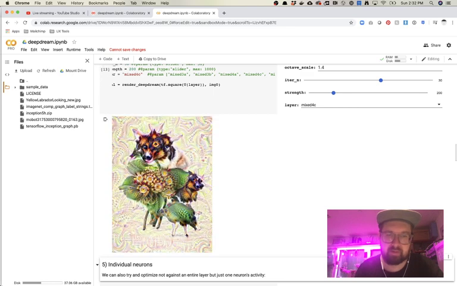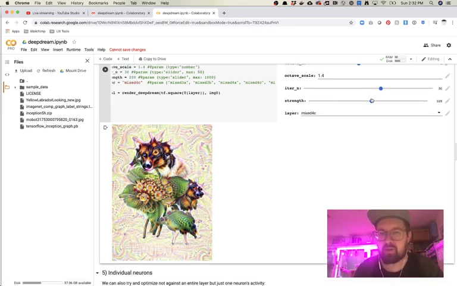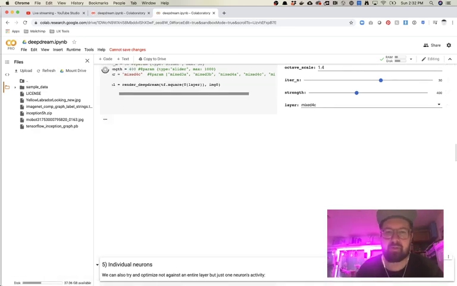you'll see this leaf has started to grow some legs. It's just a little bit more intense, because we've been running through that repetition pattern a little bit more. We can also crank up the strength, which will change some of the colors a little bit more and give us more of that psychedelic look. It also makes the image feel a little bit crunchier and more pixelated, which is the downside of this. But if we run this,